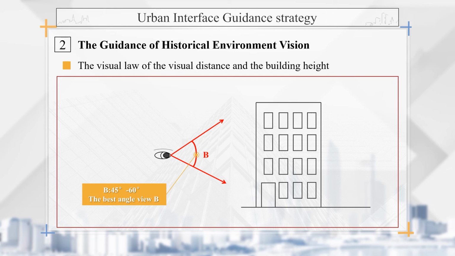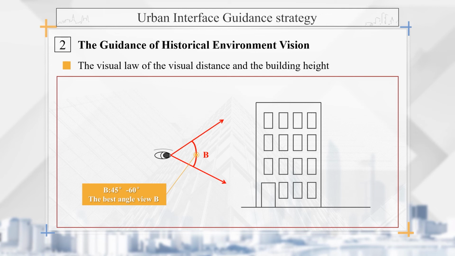Specifically, it is necessary to carry out the corresponding space enclosure treatment according to the visual law of the visual distance and the building height, so as to obtain the best building height control and the road width ratio in